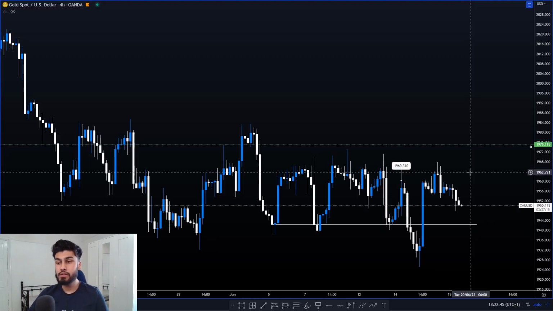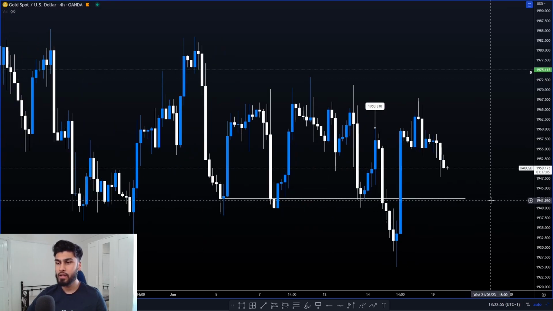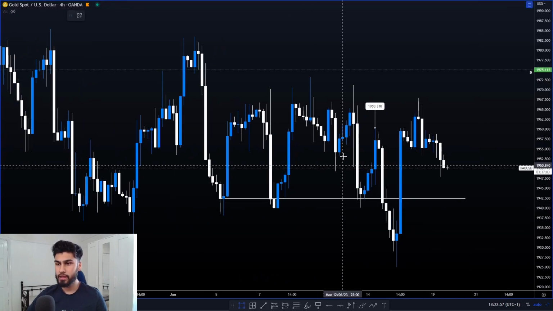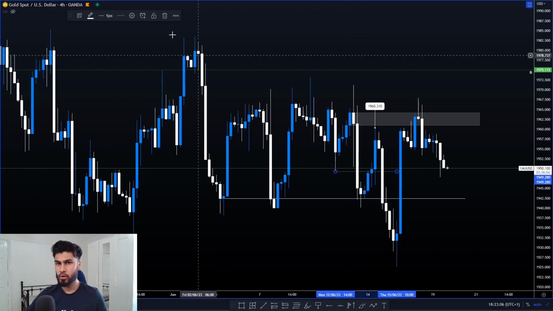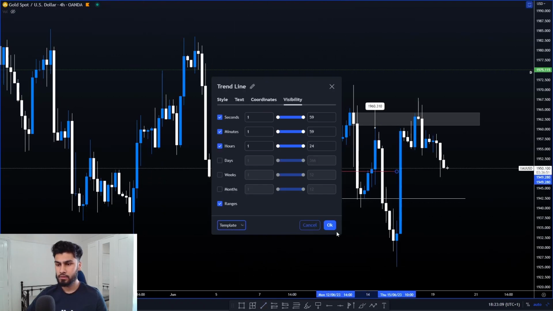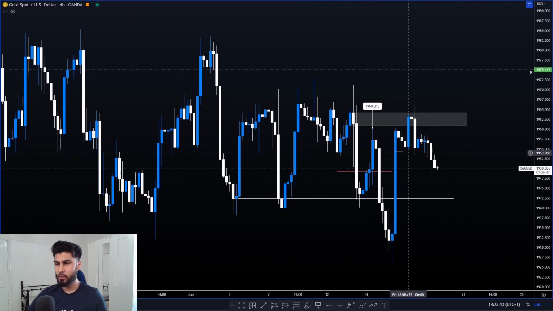Now, a very easy and simple rule which you can follow to identify these order blocks is by identifying the last candle before structure was broken to either the upside or the downside. So a very quick example I can show you straight away will be the last bullish candle, in this case, before we see that push down, breaking structure to the downside, as you can see, which we got right over here, highlighted in this red line. So a clean order block has been identified. Price then comes back into this level, giving us a bunch of weakness,